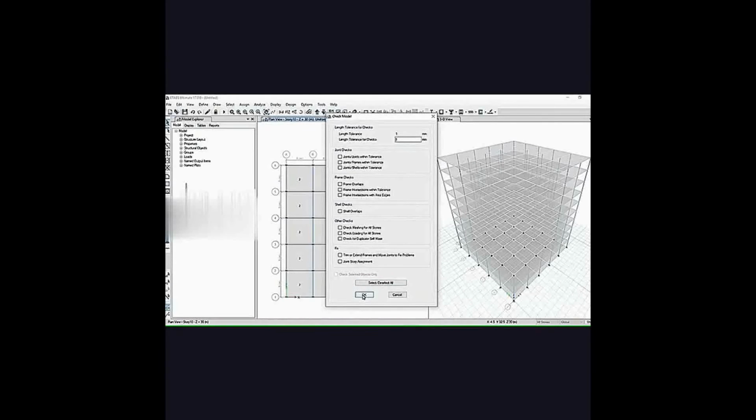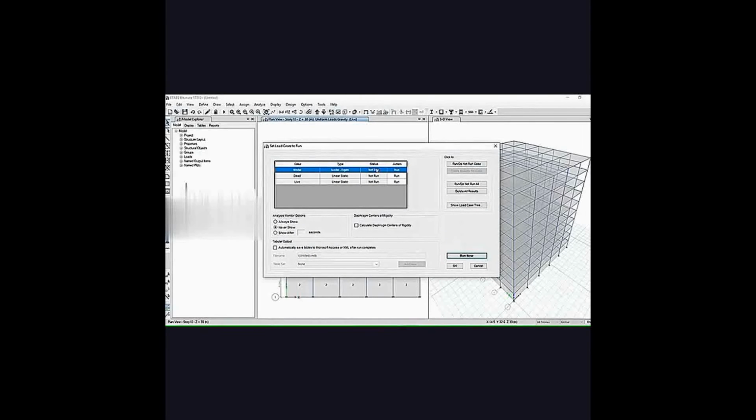Click OK. The process of analyzing is going on. We have to wait. The prototype has been analyzed and we have to run.